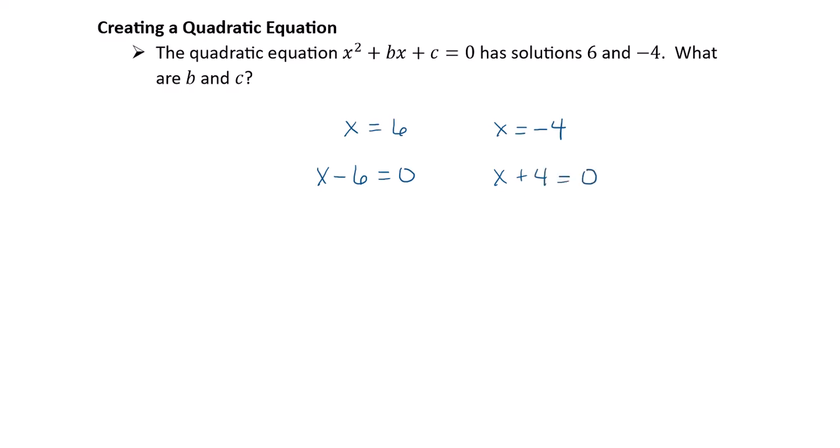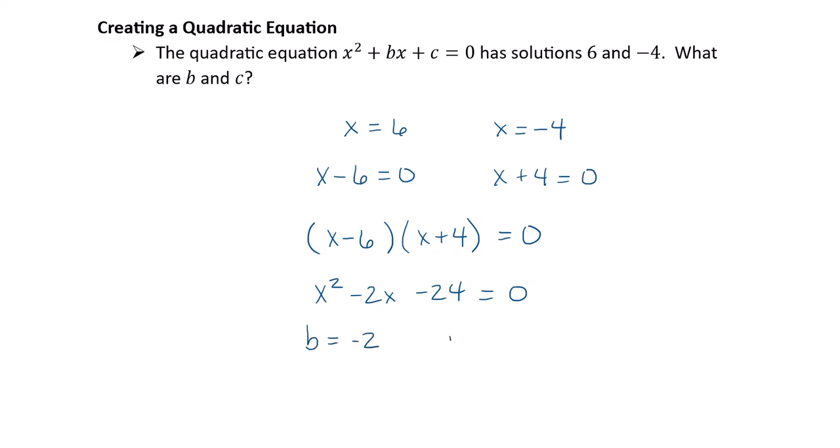This is just thinking about what the zero product rule does in reverse. Now, the zero product rule would have said that this times this equaled 0. And now we're so very close. If we can go ahead and FOIL this, we'll have x squared minus 2x minus 24 equals 0. So what are b and c? b is negative 2, c